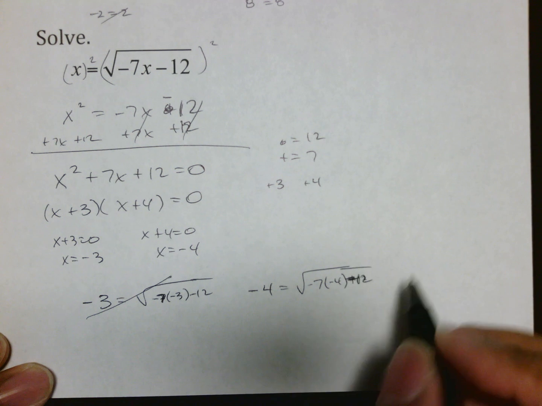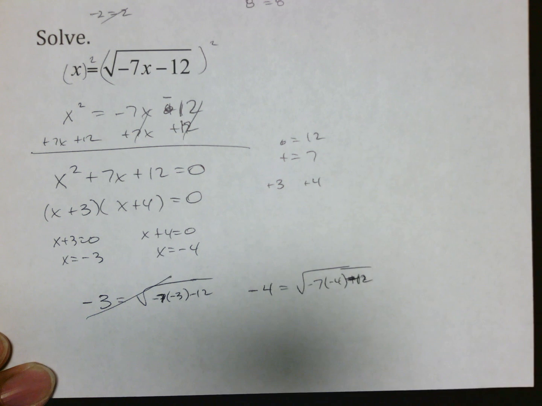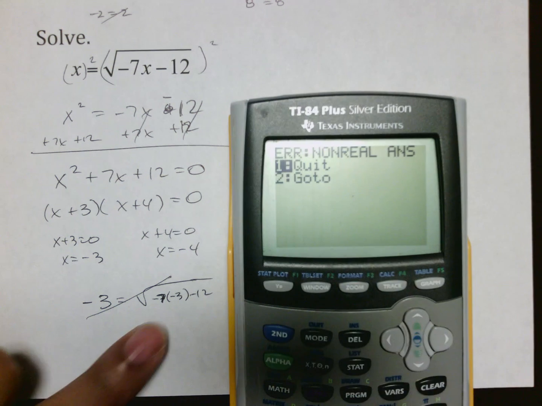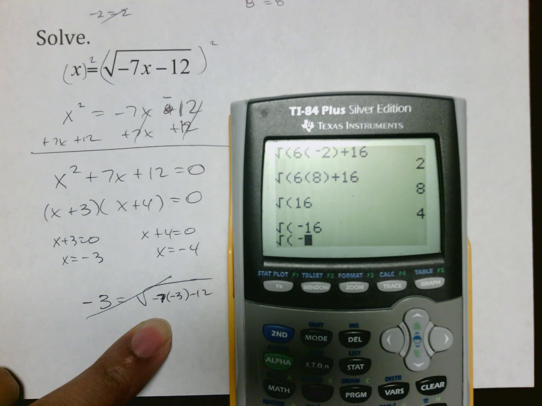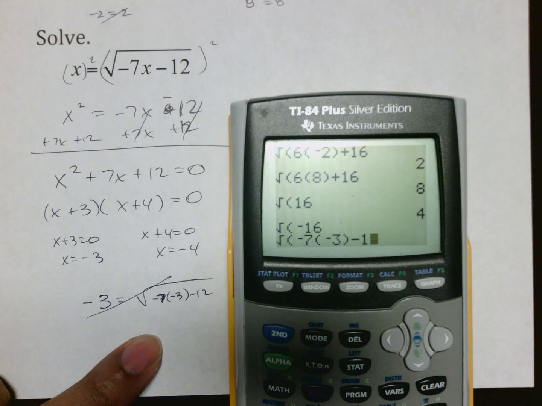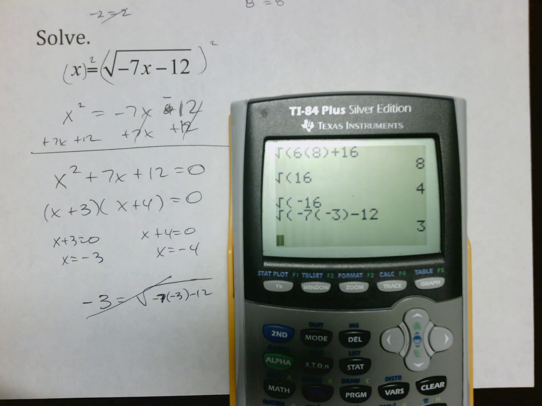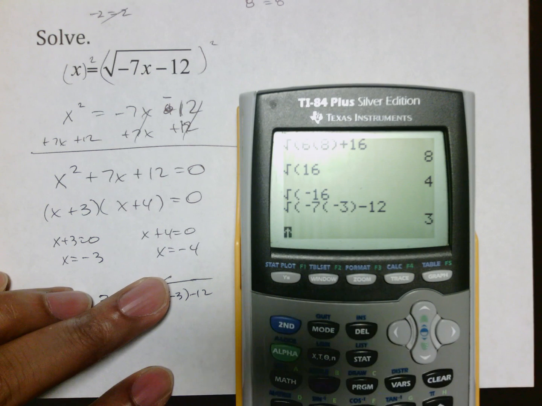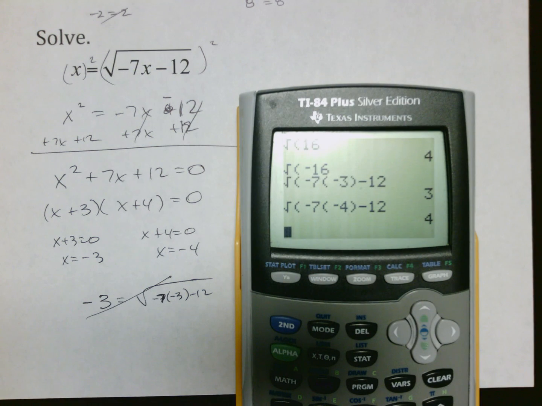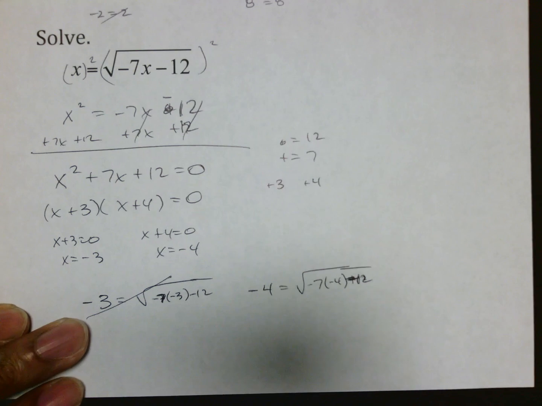sorry, that should be a minus. Again, there's no way I type that in and get a negative 4. But just to show you, square root of negative 7 parentheses negative 3 minus 12 is probably going to be a 3, but it's not 3. And just like the other one, if you check your negative 4, so second enter, remember, brings up the stuff again, you get the answer of 4, but not a negative 4, which means in this case